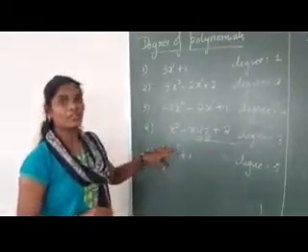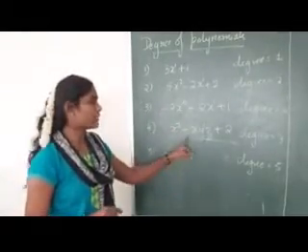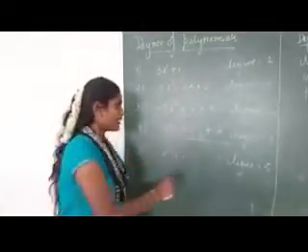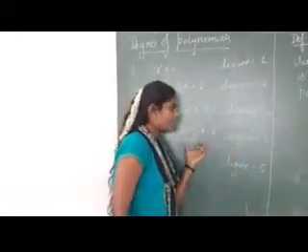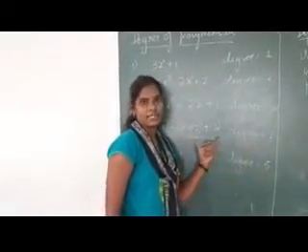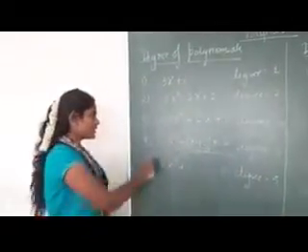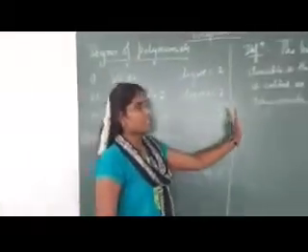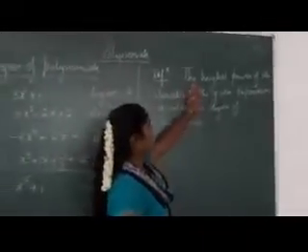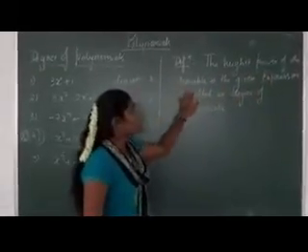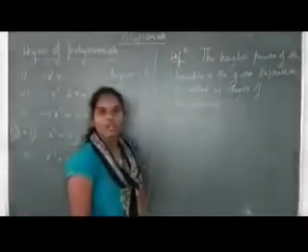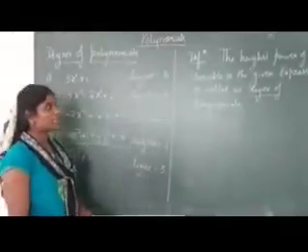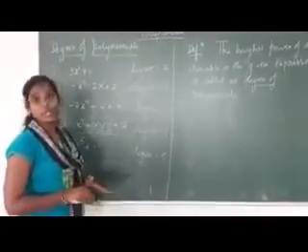If you have more than one variable in the given expression, you have to count the degree of each variable and then add up, and that decides the degree of that expression as 3. The highest power of that expression, 3, gives the degree. This is just for your extra information. Later you will be learning it. Now let me see the definition. It's defined like this: the highest power of the variable in the given expression is called the degree of the polynomial. Hope you have understood what degree of a polynomial means, because this concept is very important.